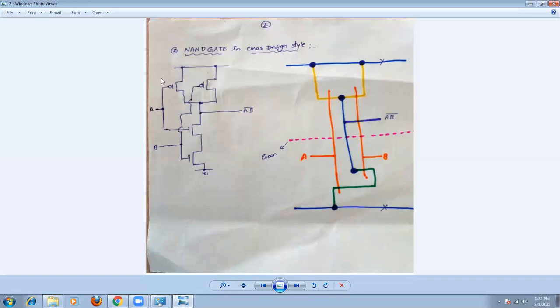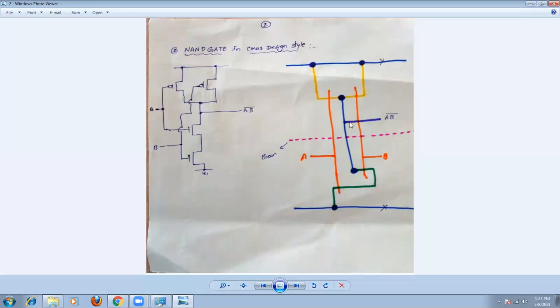Similarly, for the parallel connection, the diffusion will follow the same method. This is the yellow color, and the N diffusion will be like this. Or you can draw a single vertical line, no problem. You can connect the polysilicon depending on the structure. You can try any method, but you must follow the rule. That's the main thing. So draw the demarcation line. No P diffusion will cross the demarcation line, and no N diffusion will cross the demarcation line.